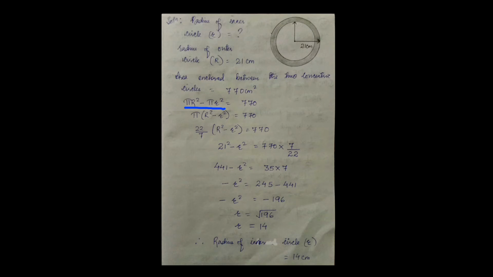So we'll take pi common, capital R square minus small r square. Pi is 22 by 7. Then capital R, its value is 21, you have to put here 21. Then you have to take this fraction on the right hand side, it will become the reciprocal. Then this we can cancel. 2 11s are 22, 2 3s are 6, 2 8s are 16, 2 5s are 10. Now 11 ones are 11, 11 3s are 33, 11 5s are 55. So 35 into 7.